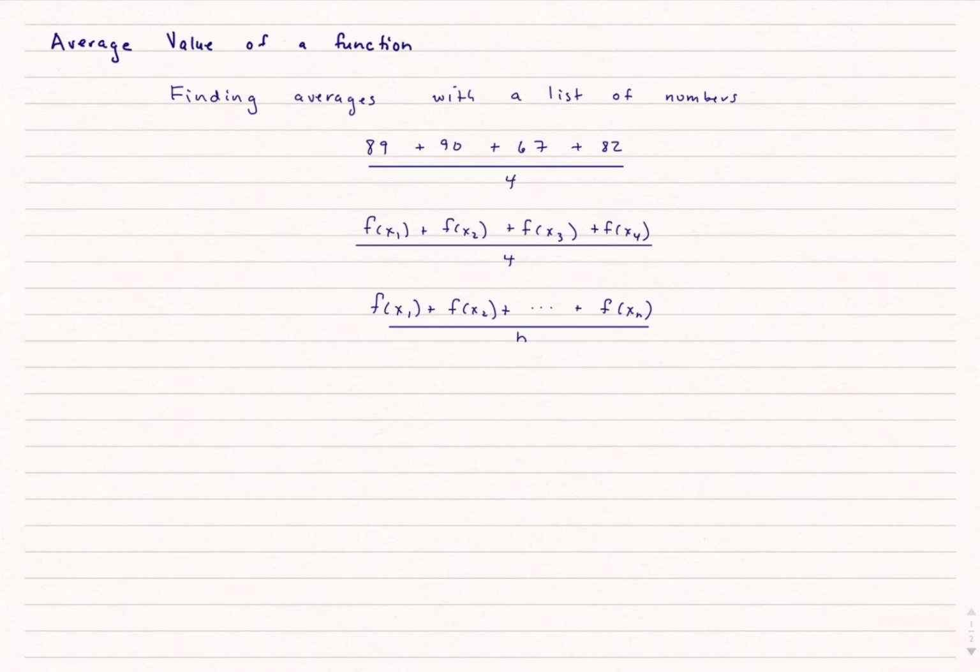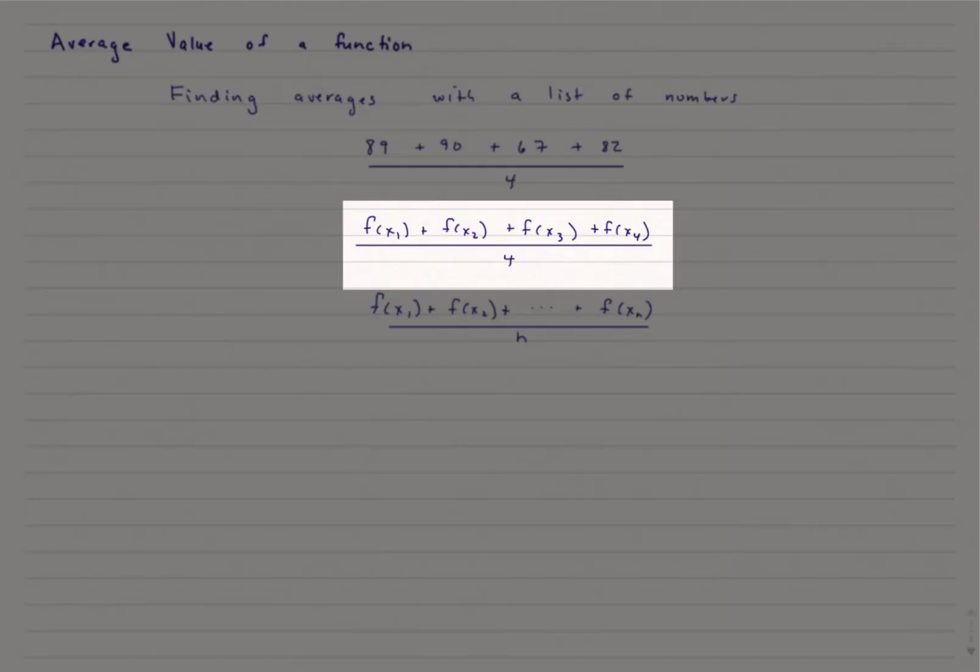Let's talk about how we can find the average value of a function. If I wanted to find the average of a list of numbers, I would simply add those numbers together and divide it by the number of numbers there are. I could expand this to talking about, instead of particular numbers, a function f